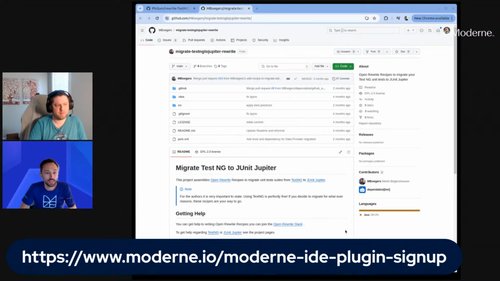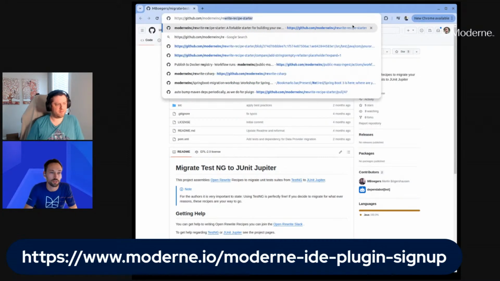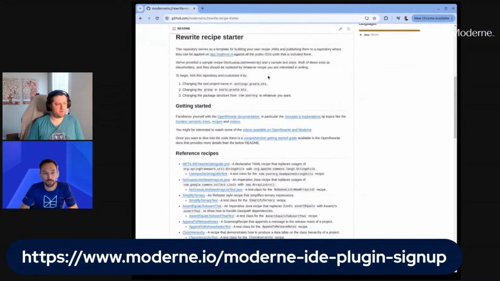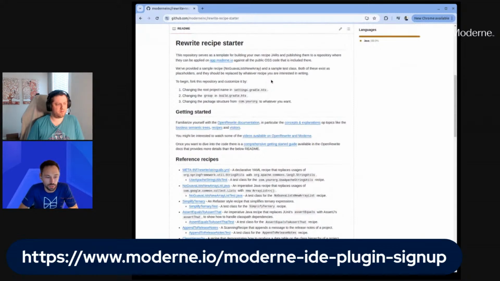So that is then an overview of ongoing recipes that we're looking to adopt in the near future. And then beyond that, of course, like I said before, if you want to develop your own set of recipes and maybe similarly see those adopted, then we do recommend that you go to modern.inc/rewrite recipe starter. And from there, start a fork, look at some of the existing recipes, script those out, and start to develop your own recipes that you might want to